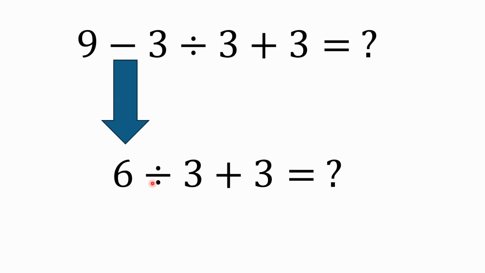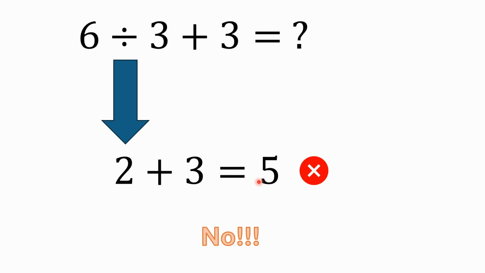Then they're left with 6 divided by 3 plus 3. They're taking 6 divided by 3 and getting 2. 2 plus 3 is 5. And again, that's incorrect. A lot of people are solving it left to right because there's this myth out there